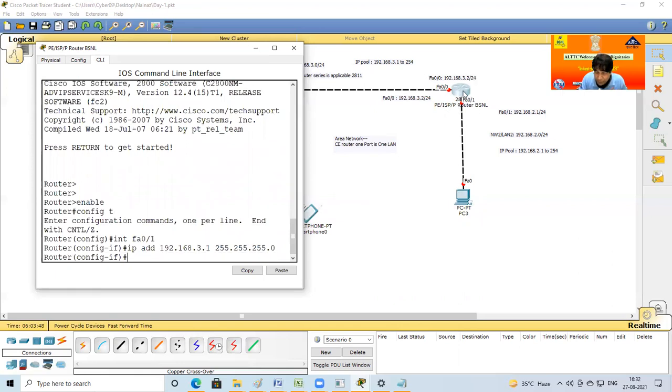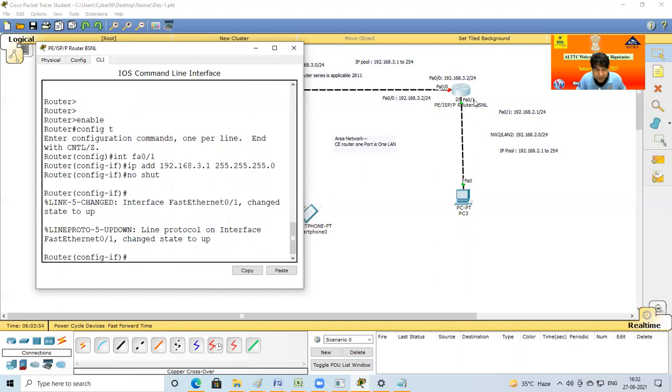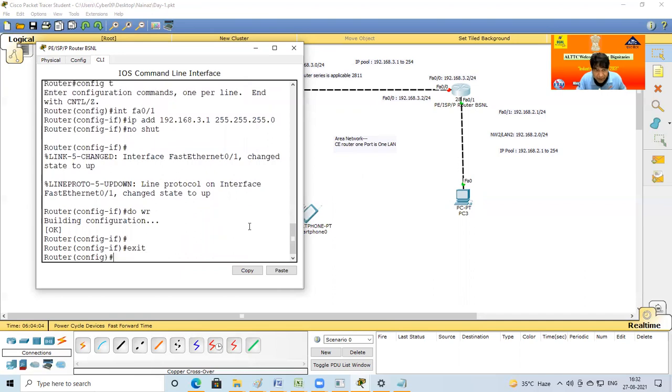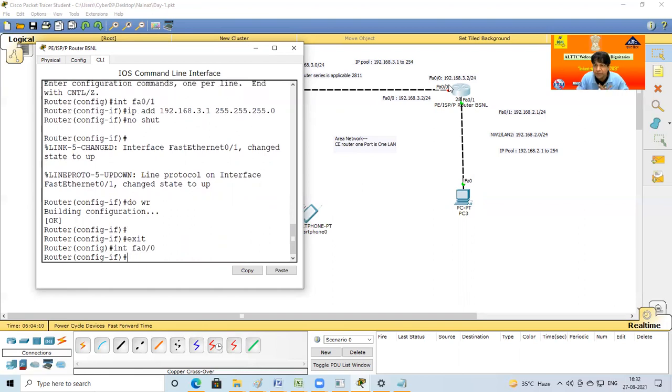By default the router power supply port is off, so for power supply on, no shut. Automatically it becomes green, orange, and then green. After the work, saving is important. Do write.